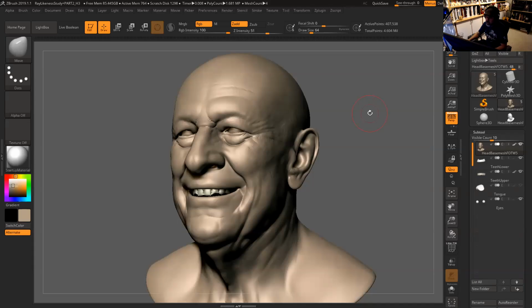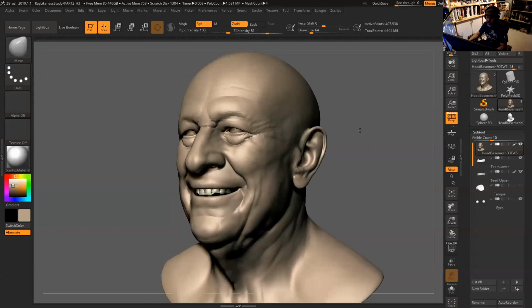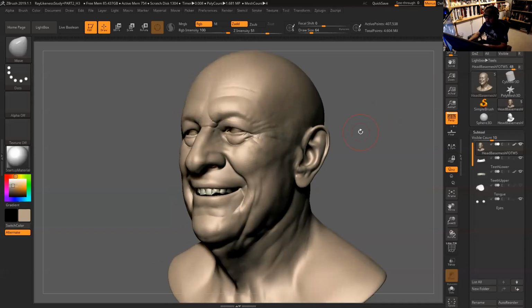But in this case, since we are the owners of our own pipeline, nothing better than that. We have absolute control of all moving parts of the pipeline. So we're going to do this from the get-go. As soon as we have something fairly decent, we're going to bring it to Maya and do some renders. I'm coming from the principle that you know a lot of ZBrush and Maya, but I know that some people in the group are not at the same speed as everybody. So I'm going to take baby steps. I'm going to go to Maya and show exactly all the settings that I'm using for rendering.